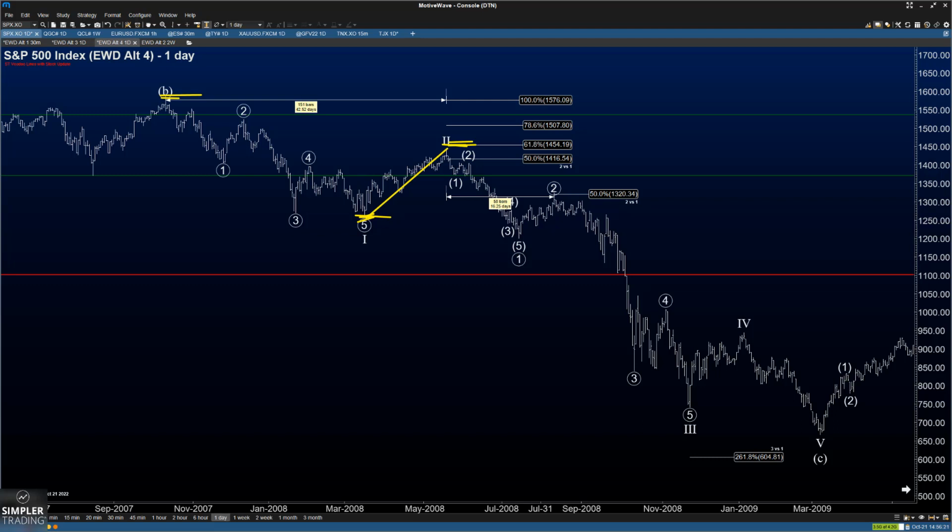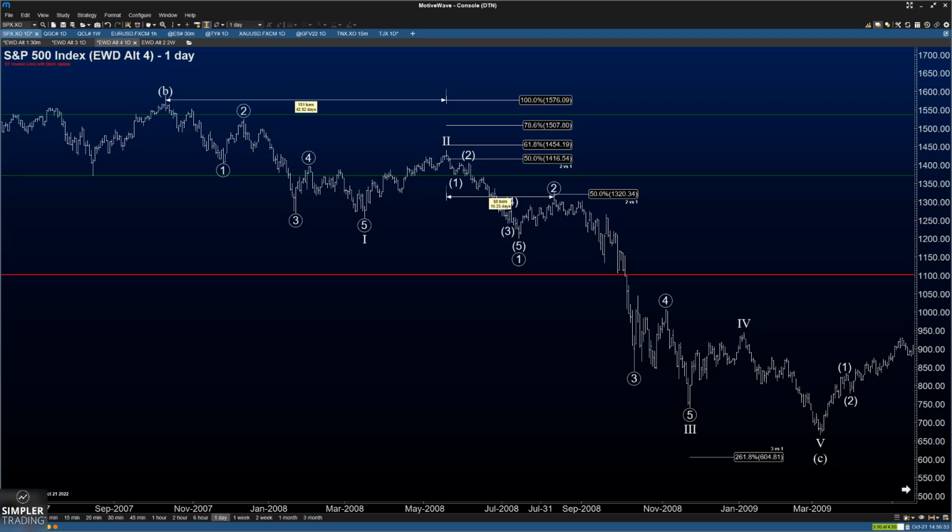Then you would multiply that difference by 0.618. You would add it to the log of this low, and then you take the inverse logarithm to get back something that has an S&P price value. It's a more complex calculation, and this platform, MotiveWave, if I switch over to a log scale chart, will calculate